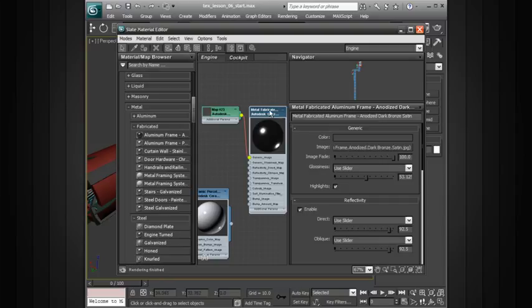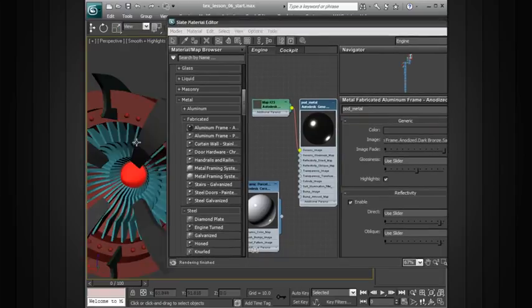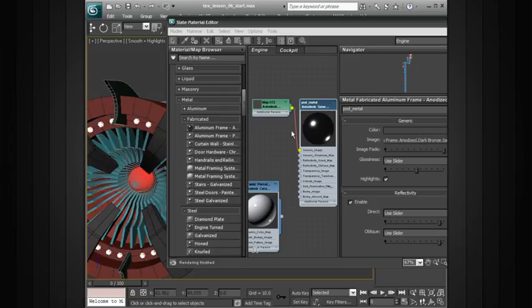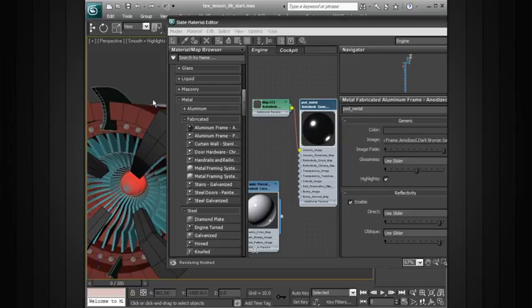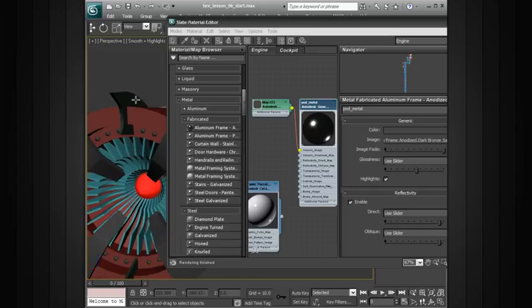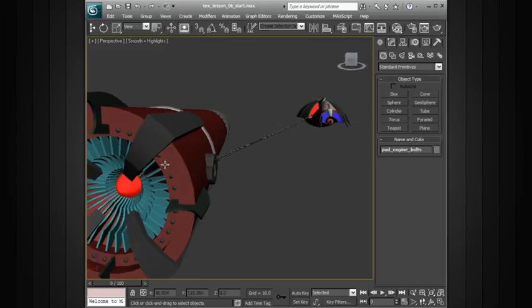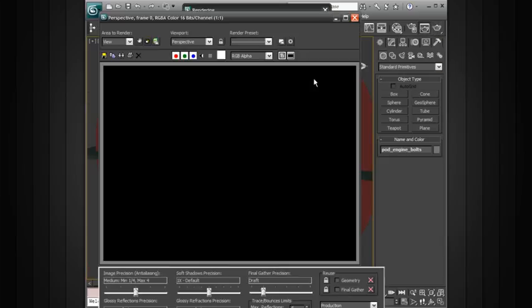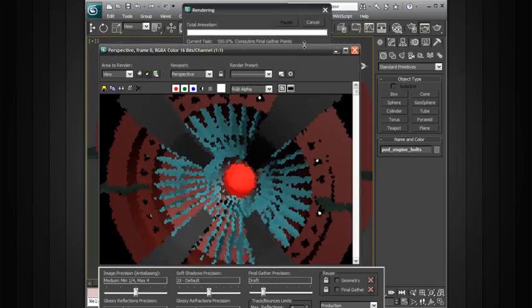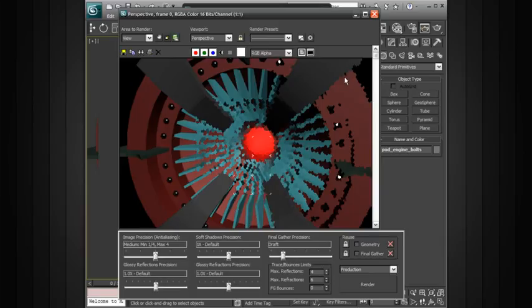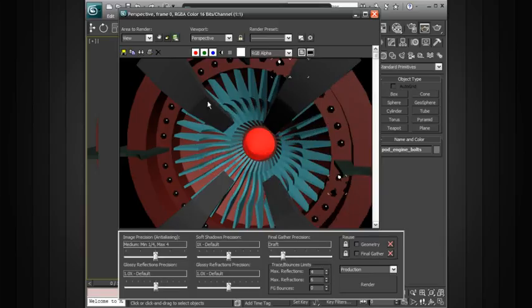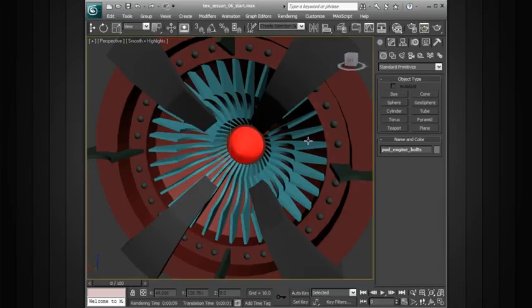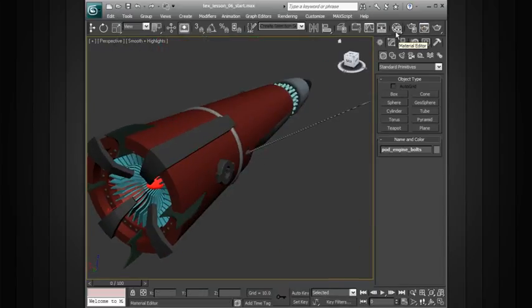Okay, well, we can go ahead and name this something like pod metal, and we can start to assign this to some of our objects. So let's say instead of this red, we want to have these bolts be this metal. And so you can see that they don't look that much different here. But if we were to just quickly render, we'll cover rendering more in a later section of this course, you can see how now we get that reflectivity on there and the qualities based on that metal. All right. So going back into our material editor,